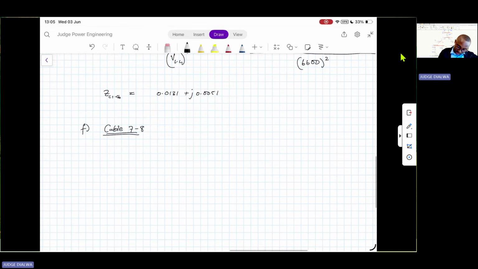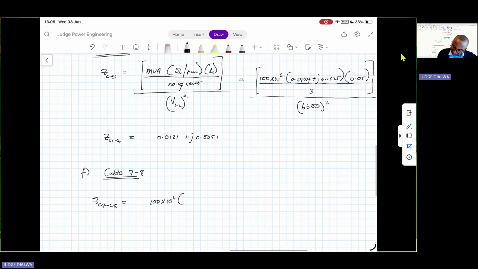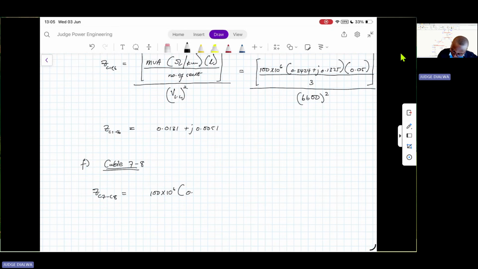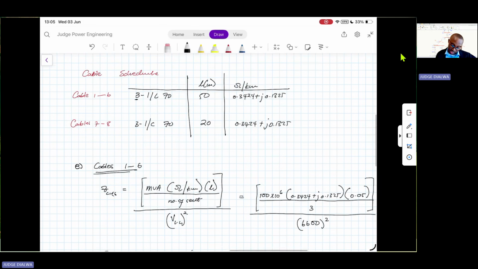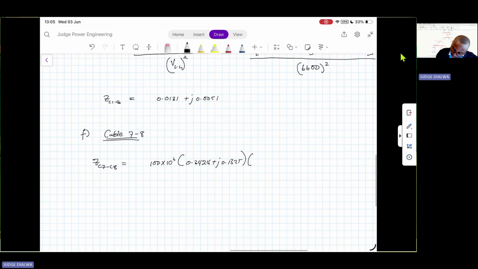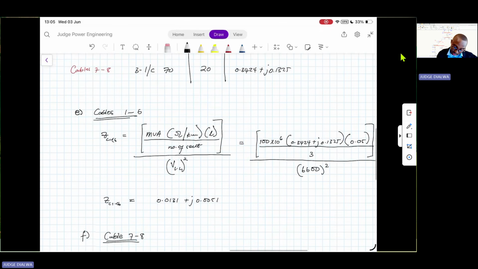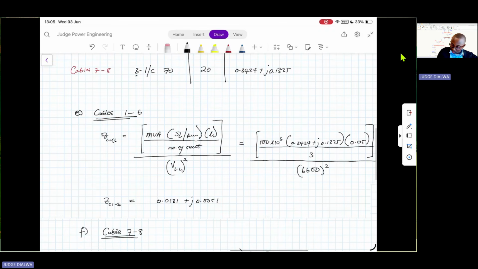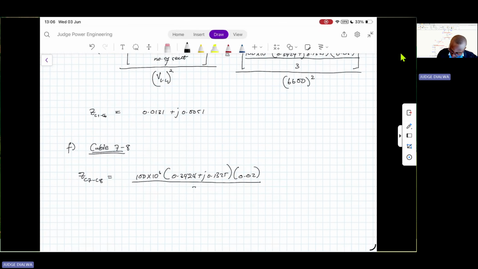So that will be 100 MVA multiplied by the ohm per kilometer, 0.3424 plus j0.1325, multiplied by the length. It's 20 meters, in kilometers that will be 0.02. All this is divided by the number of sets. Also 3 sets of single core conductors, that will be 3. All this divided by